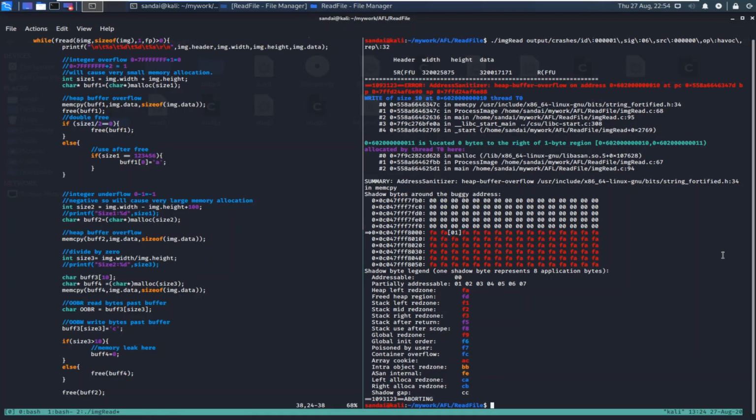It says it's a heap buffer overflow, so that is good. It is at line 67. We will again see what is at line 67. We can go here and see.